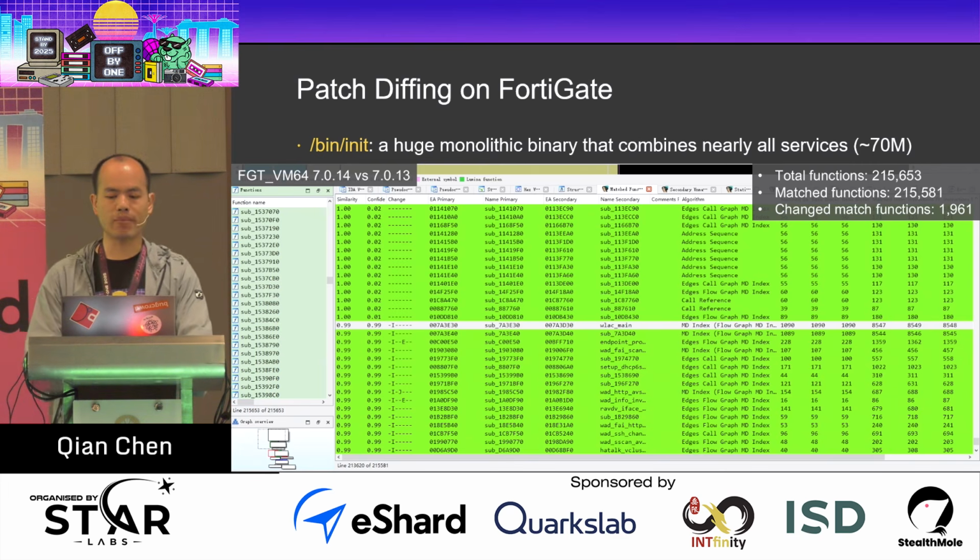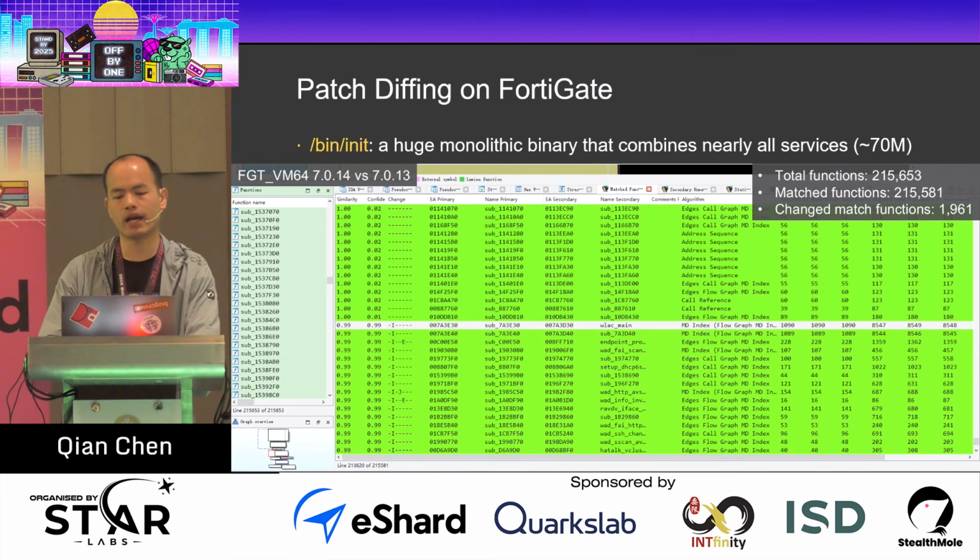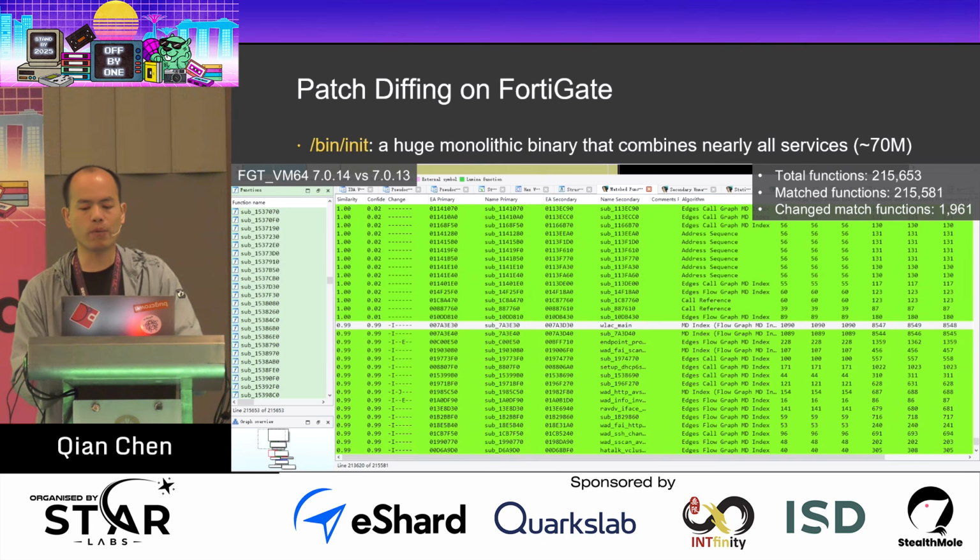Let's look at a concrete example comparing version 7.14 and 7.13 of FortiGate firmware. As shown below, the total number of functions in init is approximately 215,653, while 215,581 functions are successfully matched between versions. There are 1,961 functions identified as changed. This means we would need to manually analyze at least hundreds of functions to locate specific security-relevant changes, a tremendous